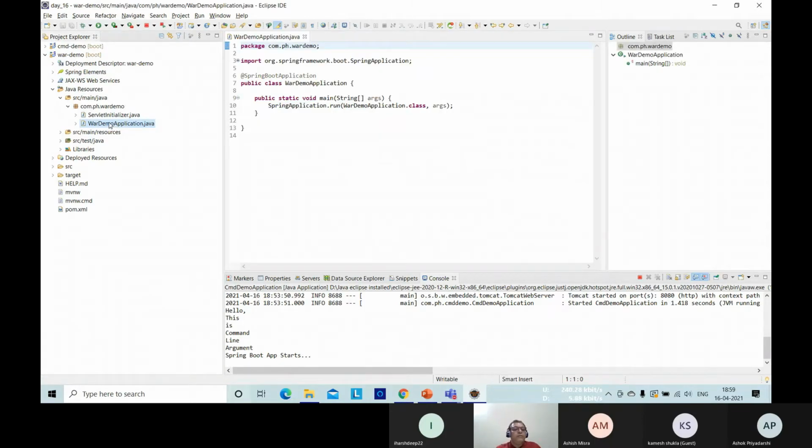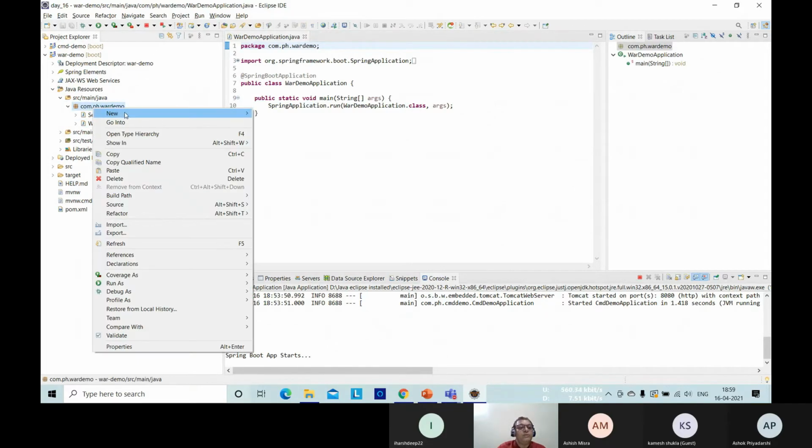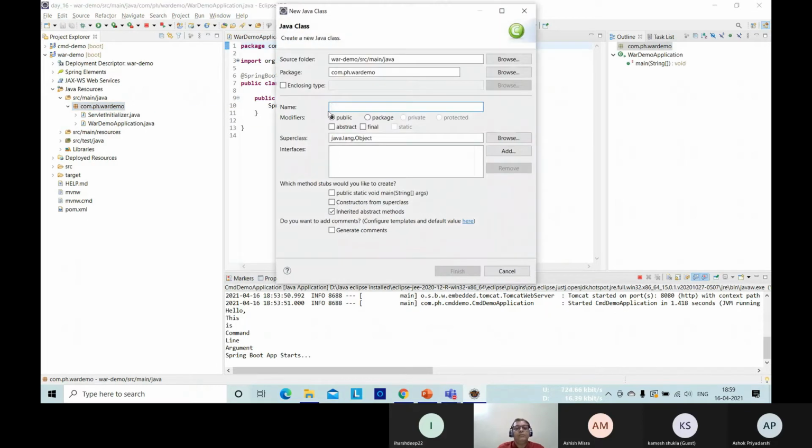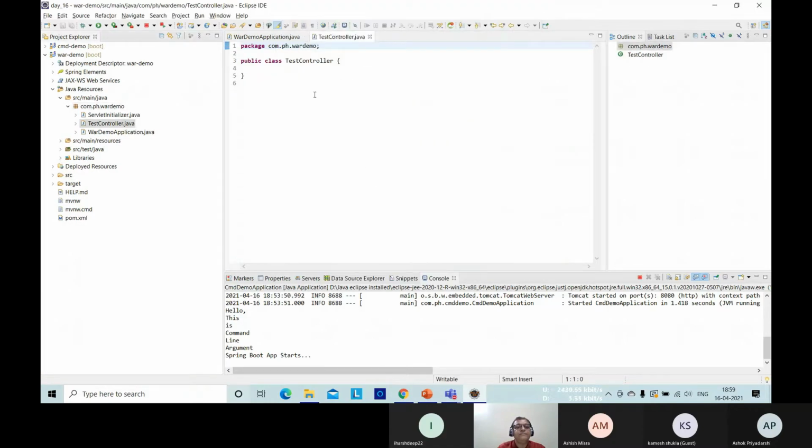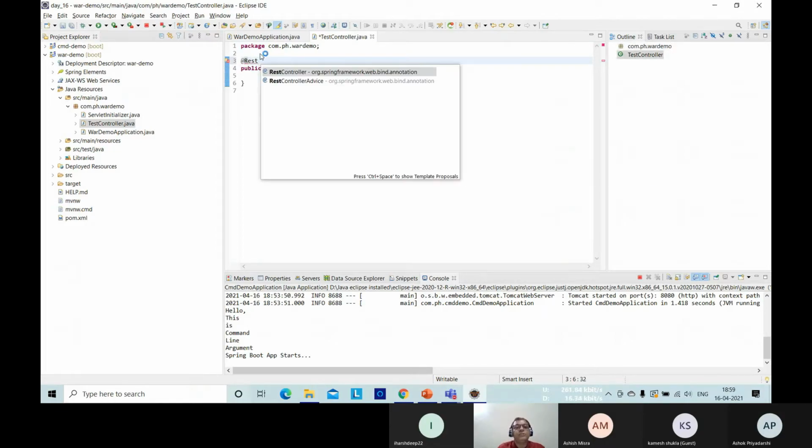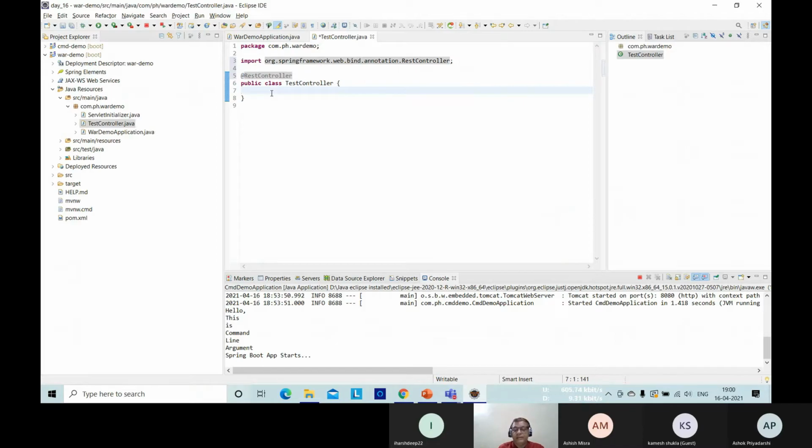Now we will first of all create a REST API. That is one class. Let me say test, just one class, test controller. So you have to annotate it with RestController, and in that there will be a service method.